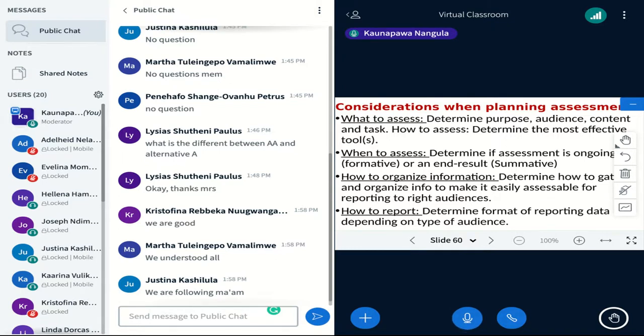For example, in some schools, private schools basically, that is something I have noticed, the learners can have access to their results on their student portal, like you guys who have your student portal. And the parents also can have access to their children's report. They can have access to the portal to see how they are performing.